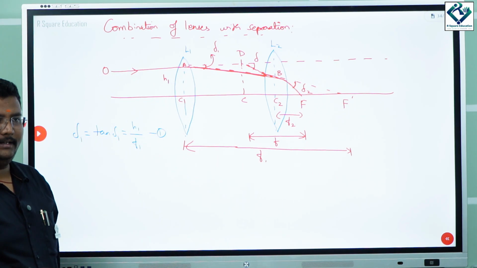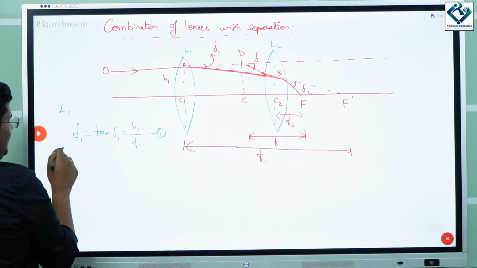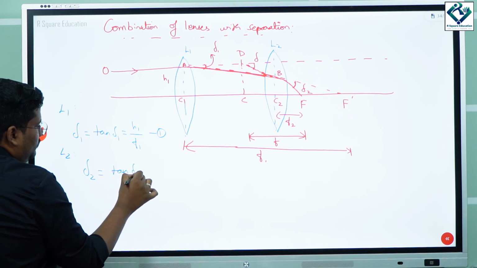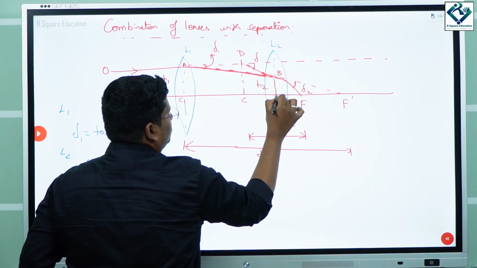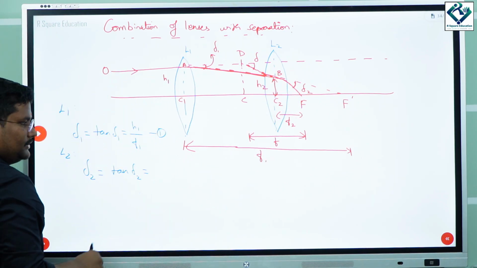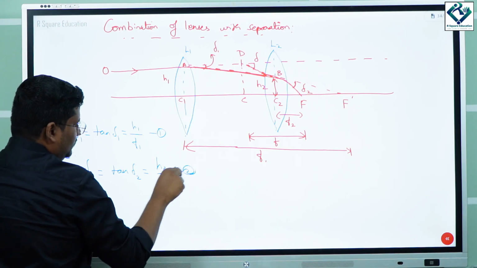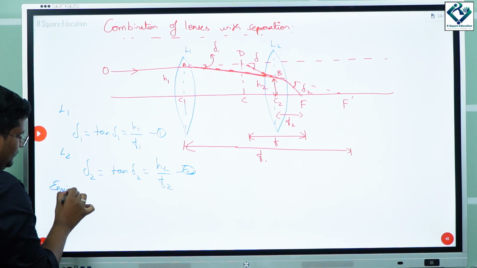Okay, right. So as far as the second lens is concerned, this is going to be L1. For the second lens, what will be delta 2 here? Tan delta 2 will be equal to this height, let me consider H2. Right? So what I'll get? H2 by F2. Correct? If it is going to be the equivalent lens,